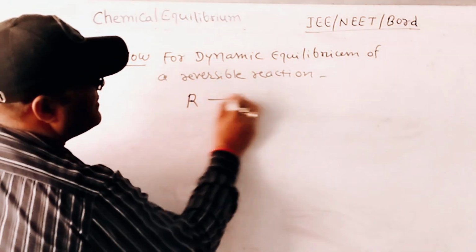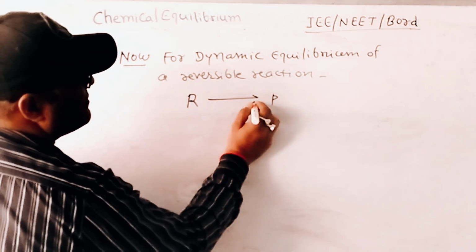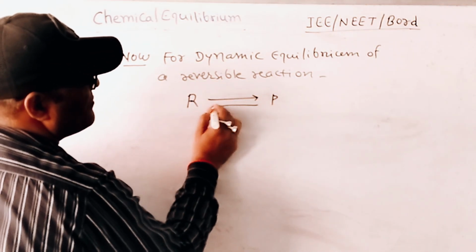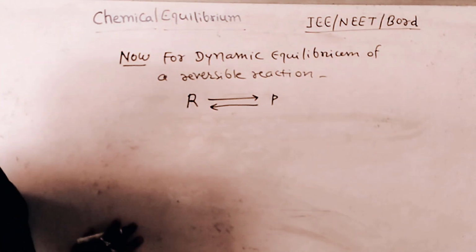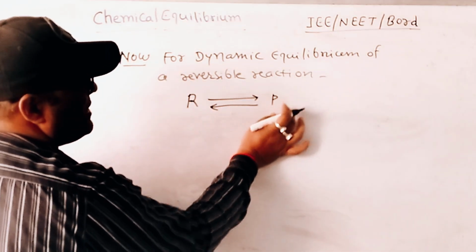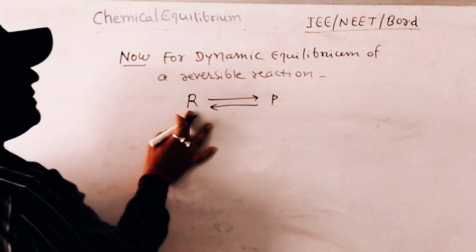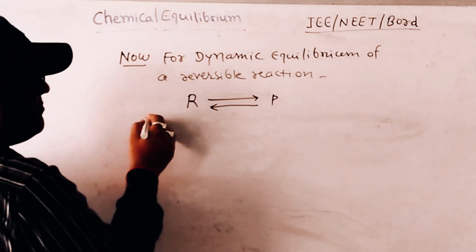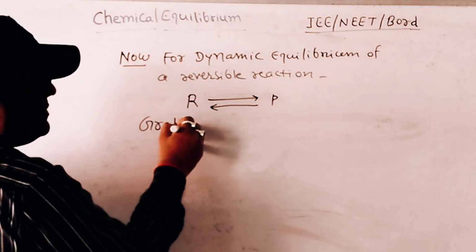Suppose R is reactant and P is product. Now P is reactant, R is product. For forward reaction, R is reactant, P is product. For backward reaction, P is reactant, R is product. Now we can draw graph